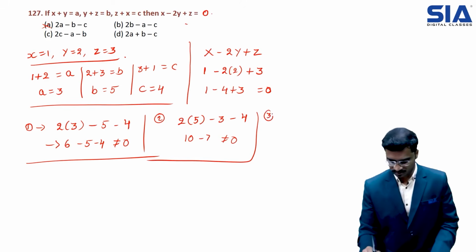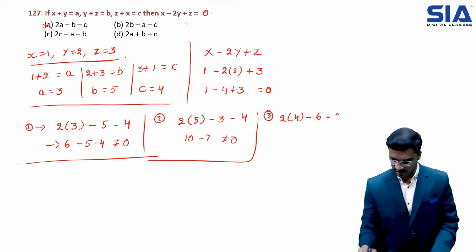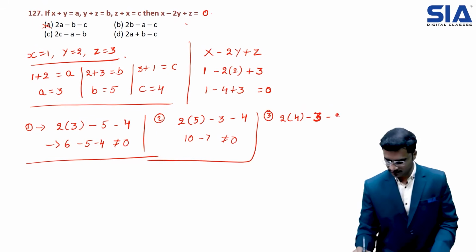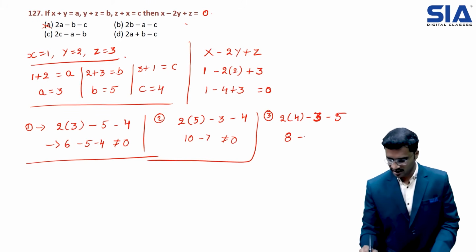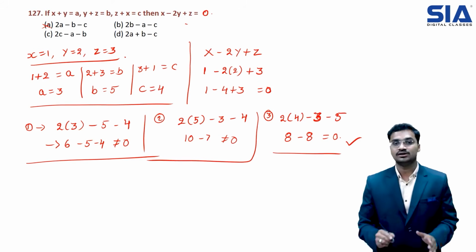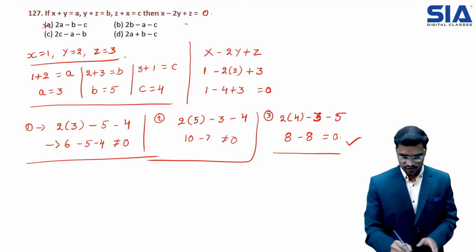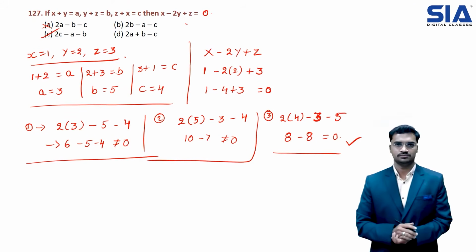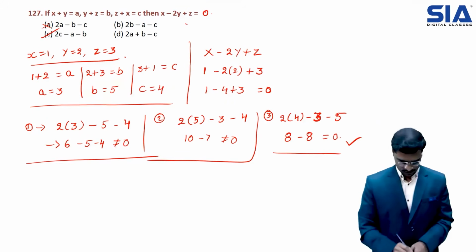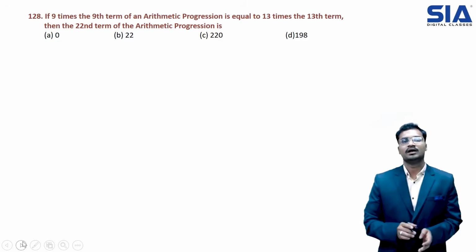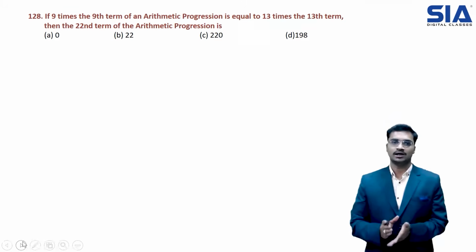Now coming to the third option. The third option says that 2 into c. The value of c is 4, minus 6, minus 2. The value of a is what? 3, sorry. The value of a is 3 and the value of b is 5. So 4 2s are 8 minus 8. 8 minus 8 is equals to 0. So in the third option we are also getting 0. So our answer is what? Option C. Now coming to the next question, which is if 9 times the 9th term of an arithmetic progression